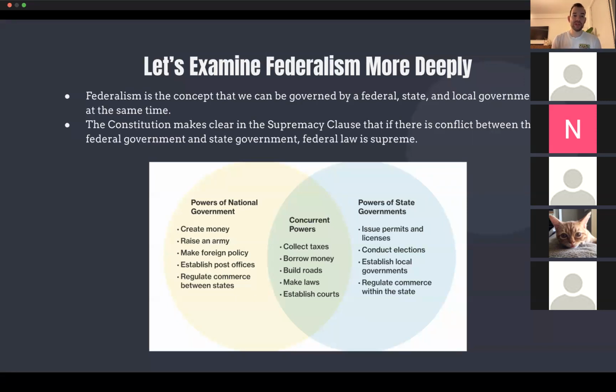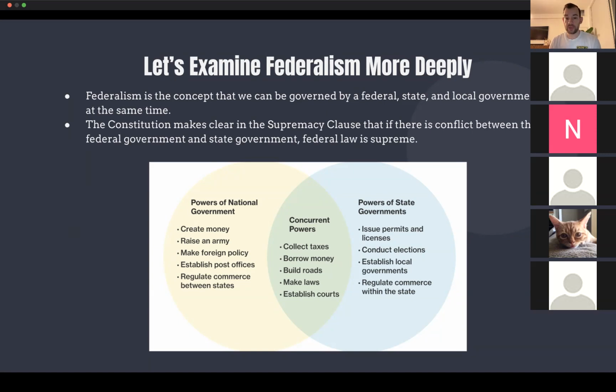Imagine if you had one state, say Massachusetts, having a different treaty with a foreign country than another state like Virginia. That was possible under the old system. The Constitution says, no, no, no. We have one national government that's going to make foreign policy for the entire country.